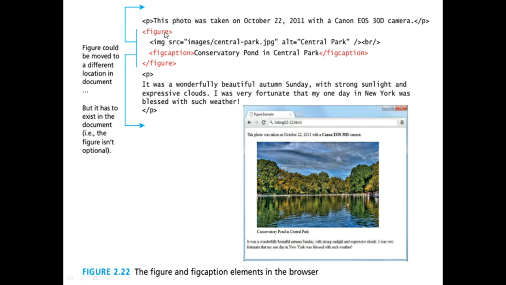The caption represents a description of that image. This is the image and the description of the image you are given here. So the figure with the caption are bound as a single unit within the figure tag.